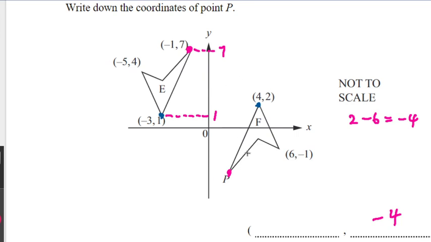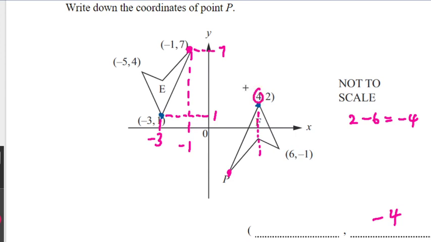Okay, now for the X coordinate here, we'll see the distance from this and this. This is negative 1, so I write here negative 1. Here is negative 3, right? This one negative 3, so we put here negative 3. Therefore the distance here is 2, isn't it? Right? So which means from here,